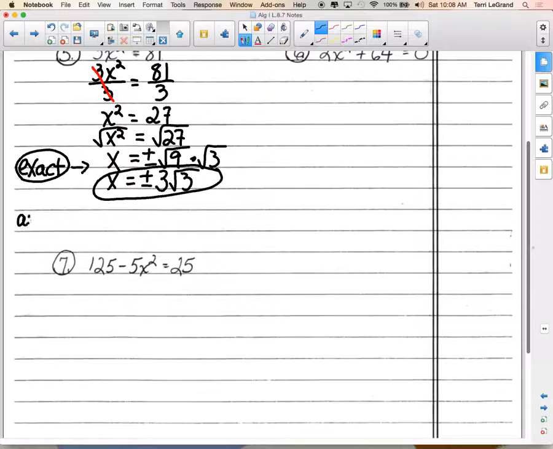Now let's deal with the approximate. We'll call approximate APPROX, okay? Let's deal with the approximate. Now we are actually going to put into our calculators, approximately equal to, we have a positive and a negative, we're actually going to put in our square root of 27, we are going to find it. So the square root of 27, we're rounding to the nearest hundredth. When you put the square root of 27 into your calculator, it should display